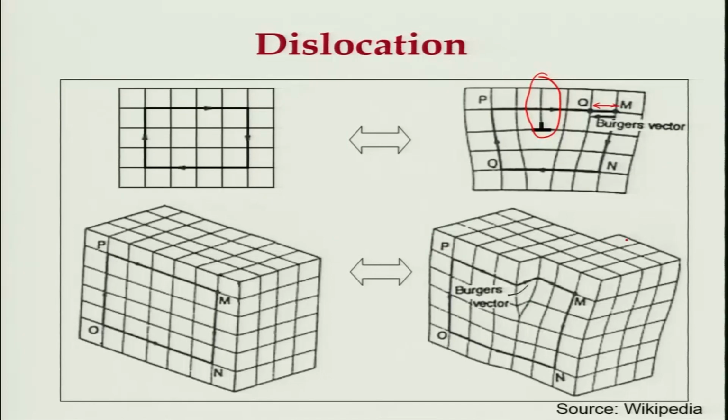But you can also have a screw dislocation in which you shear one half of the crystal with respect to another half of the crystal by applying shear stress. So, when you apply shear stress in this direction, this part of the crystal shears, and this line which runs through the crystal in this fashion marks the separation between the sheared part and, underneath this, the unsheared part. If you keep applying the stress, this line will move in this direction, making the whole crystal sheared after a while. So, this is what a screw dislocation will do. This is an edge dislocation and this is a screw dislocation.